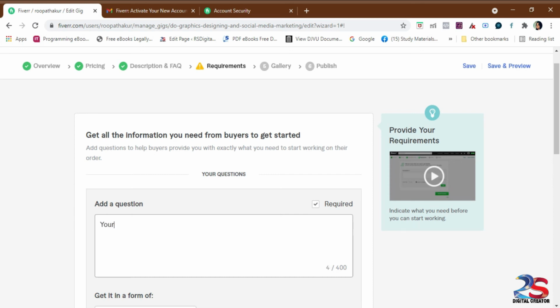What are the requirements you want from them to design a logo, what are the details you want, or to design a poster, what are the requirements they want, like the title or the color effect or branding colors or the font sizes and what type of size they want or how many copies they need or in what time they need. All these requirements you can ask them in a question format. So just give the requirements here.